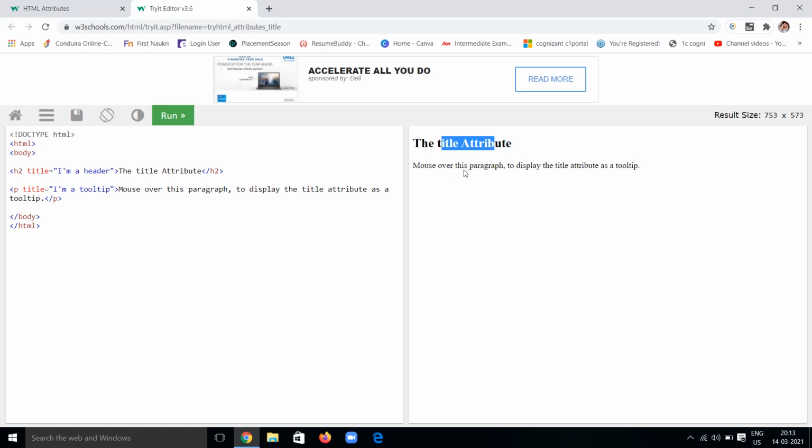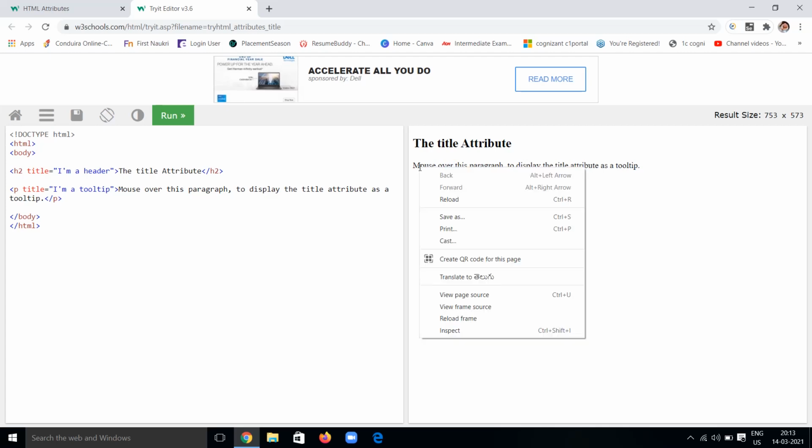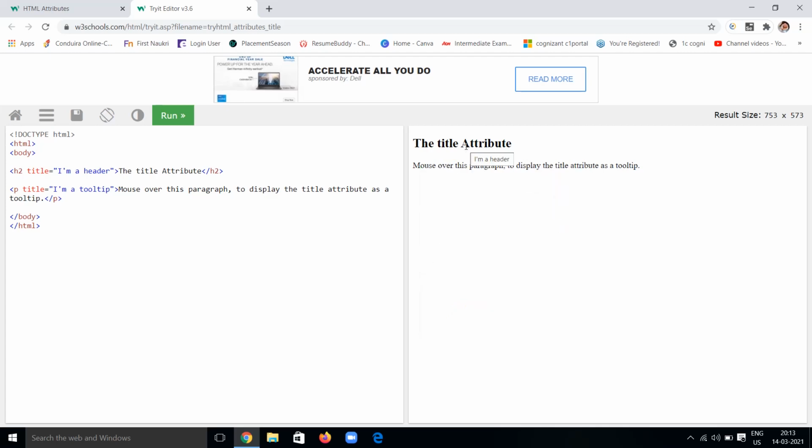If you move the mouse over this paragraph, it displays the title attribute as a tooltip. My mouse is not working, I think. If you hover like this, you will get to know what title it gives. Here we can see I am a header. If you place the mouse, it is going to tell I am a header or I am a tooltip, like that.